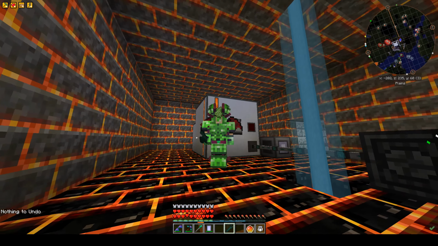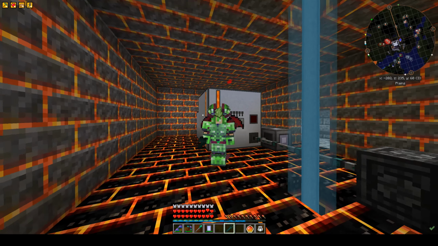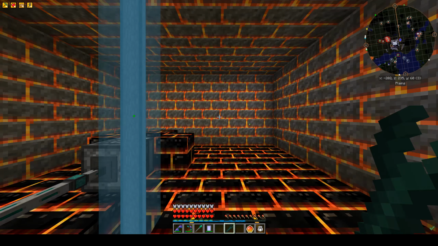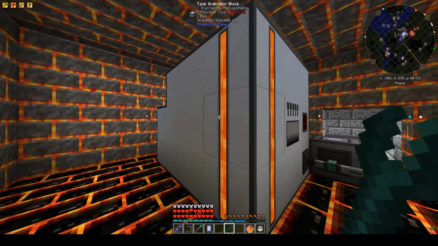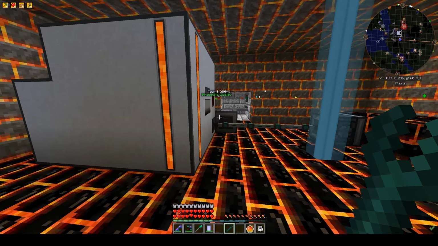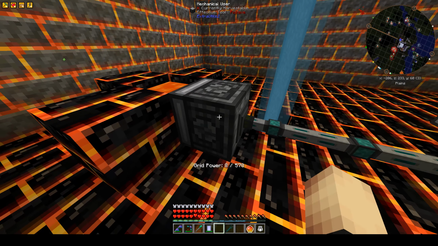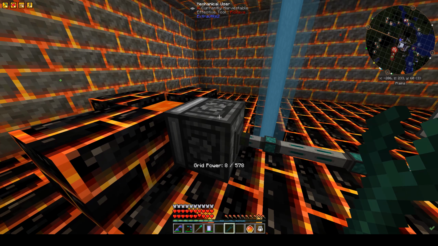Unstable. We are up to episode 31, and last episode we were working on a great big old tank of lava. And so what we did was we set up, let's make sure we don't hit that with a wrench. One of the weird things is if you hit this with a wrench, it rotates it, right? But then